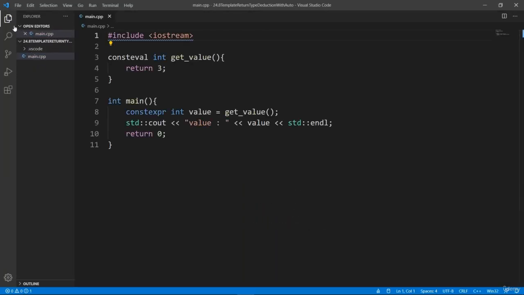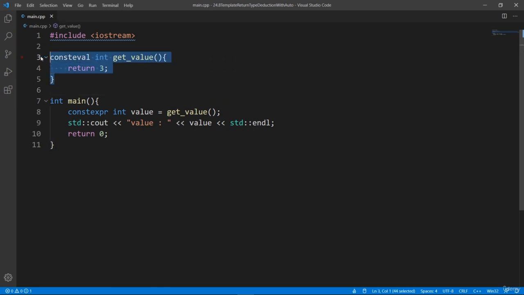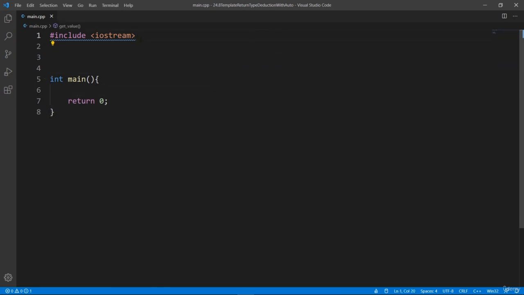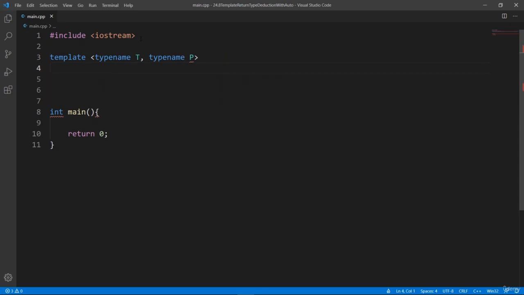We have our main CPP file here. We can clean it up a little bit, and we're going to specify our maximum function here. So we're going to say template, typename T, and we're going to specify our return type to be auto. So we're going to do auto return type